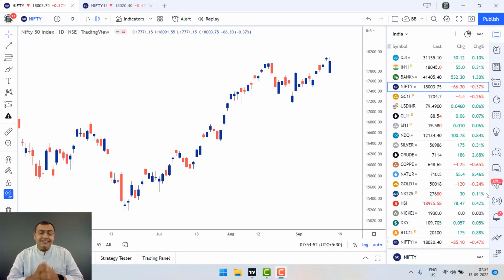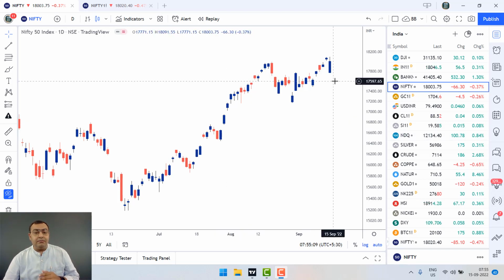The bears were stunned in yesterday's session. Even after opening with a gap down, we saw a fast and furious rally. Most importantly, we moved above Tuesday's high. 18,088 was the previous high, and we made a high of around 18,091 yesterday, surpassing the highs and closing on